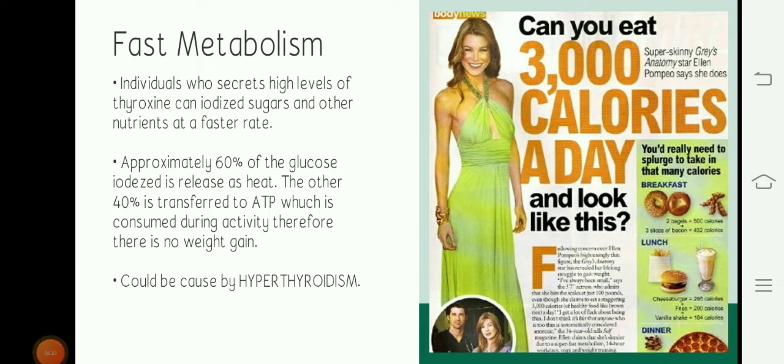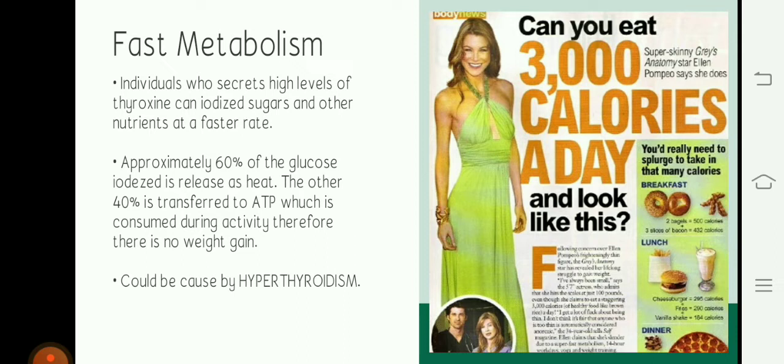So, what controls metabolism? Several hormones of the endocrine system help control the rate and direction of metabolism. One of them is thyroxine, a hormone made and released by the thyroid gland, and it plays a key role in determining how fast or slow the chemical reactions of metabolism go in a person's body. Individuals who secrete high levels of thyroxine can oxidize sugar and other nutrients quickly. Approximately 60% of the glucose oxidized is released as heat. The other 40% is transferred to ATP, which is consumed during activity. Therefore, there is no weight gain, and this could be caused by